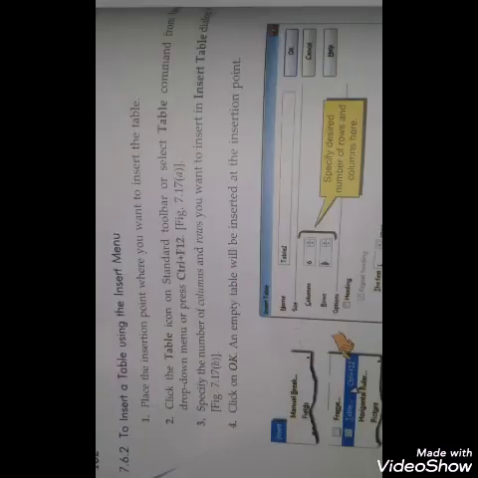Second method is to insert a table using the insert menu. So for this, the following steps are taken. First is place the insertion point where you want to insert the table. Second is click the table icon on the standard toolbar or select the table command from the insert drop-down menu, or press Ctrl and F12 keys together. This is the shortcut key for